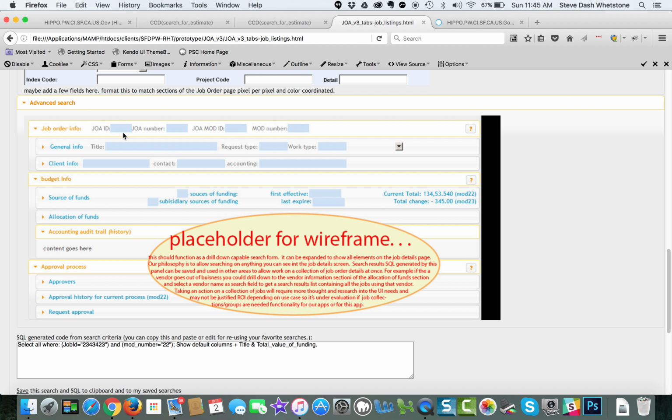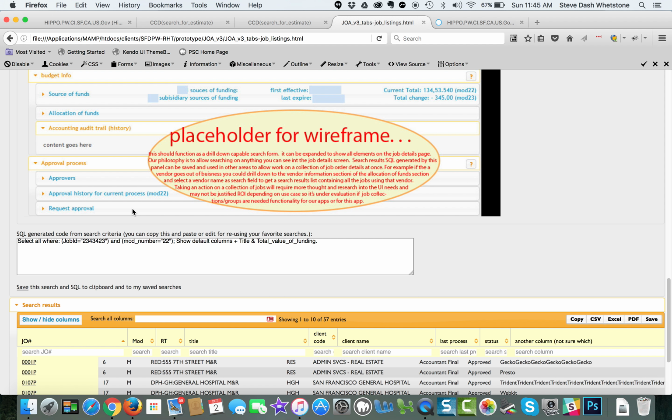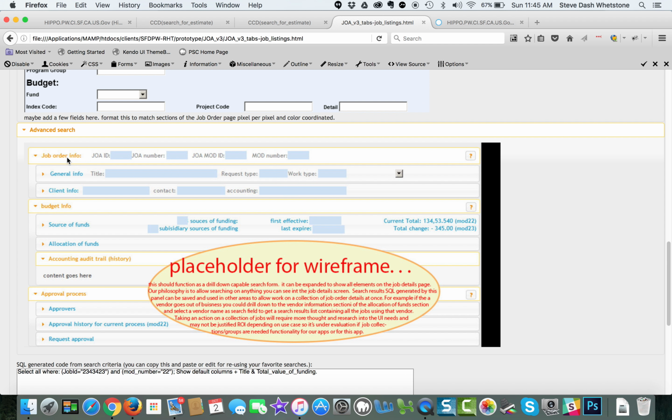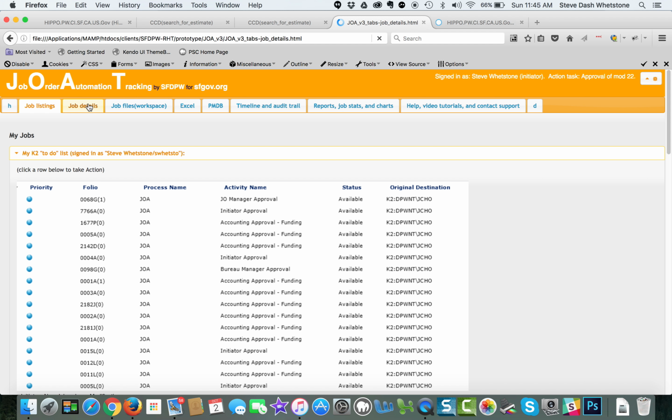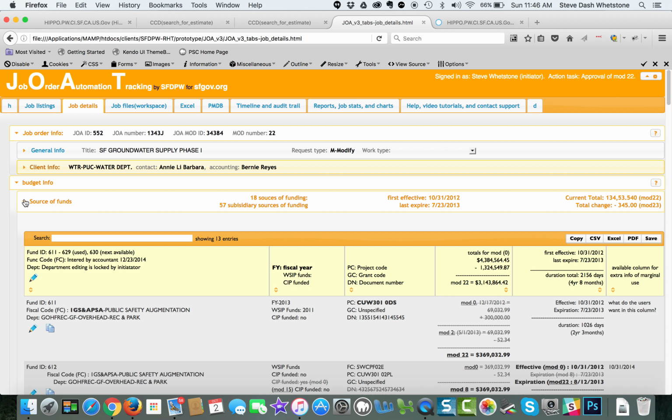So we needed a really robust job search ability. You can search on any data field you enter. The idea is that whatever you enter as data is searchable. And you use the same UI format. You'll notice here, in this search function, you can search on job order info, general info, or client info. I could type in anywhere in here. Source of funds, yes. I want to search on its first effective date there. And it's the same UI for entering search information as the job details. Look. See? We've got the same